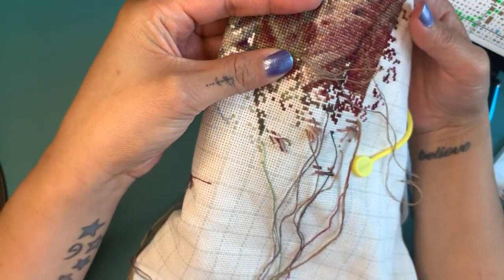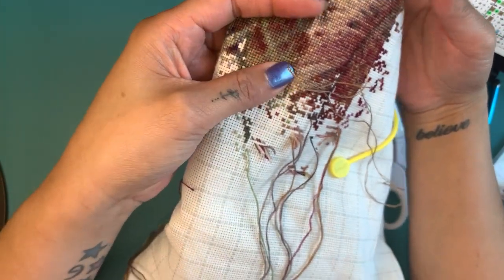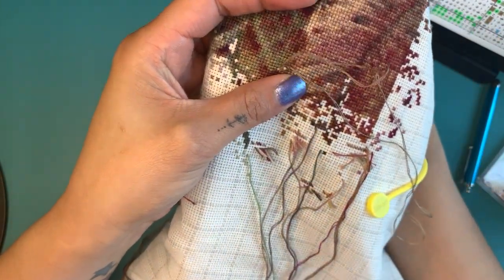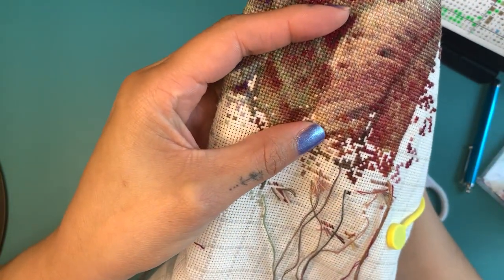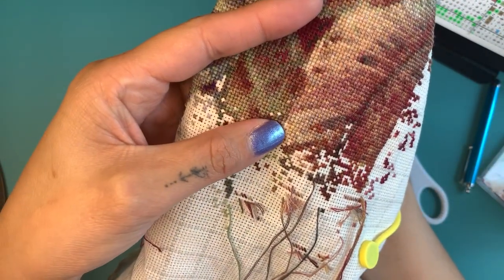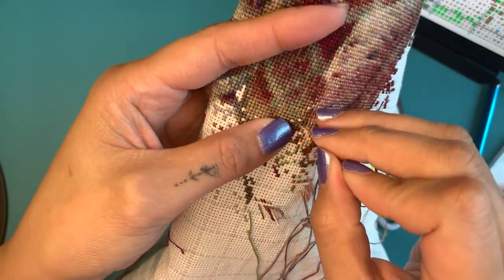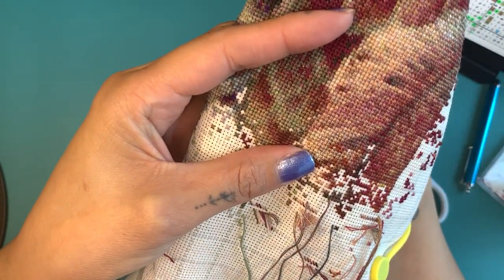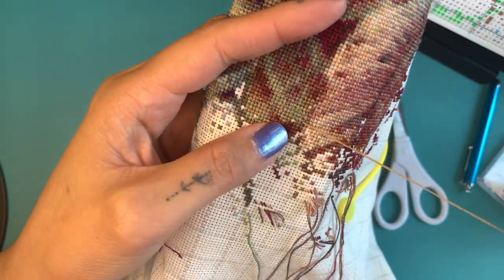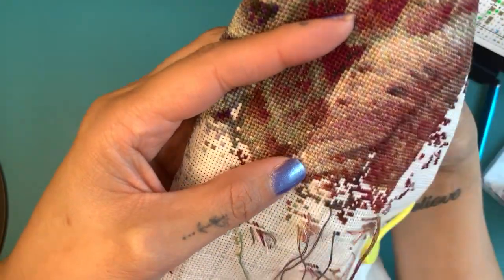I also prefer my roll being underneath my hand, so that's why I roll it this way, and I'm touching all over my stitching. And that doesn't bother me because, I mean, I'm going to end up washing my stitching. So touching it, it's not that big of a deal. I do wash my hands before I start stitching, and